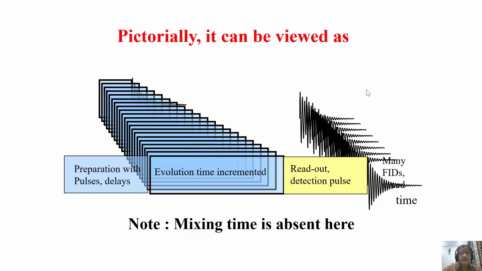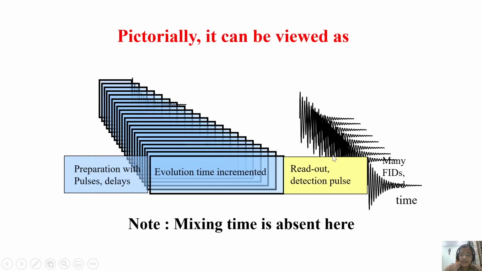If you see pictorially, it is like this. Look, initially there was a small time period in the evolution which keeps on getting incremented, small increase, small increase, small increase, small increase. That's what I showed. Finally, we have whatever the time period we wanted. And we have a mixing pulse, we add afterwards mixing time, afterwards a readout pulse and start collecting the FID. See here, this is getting changed, but here it is always constant.